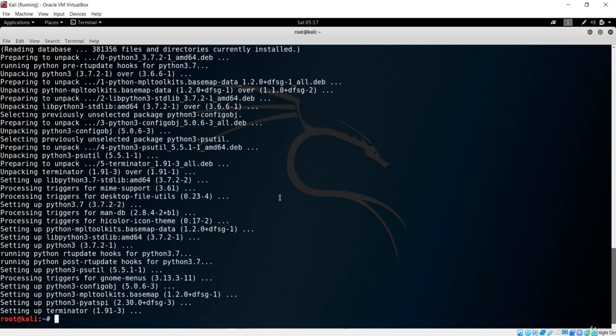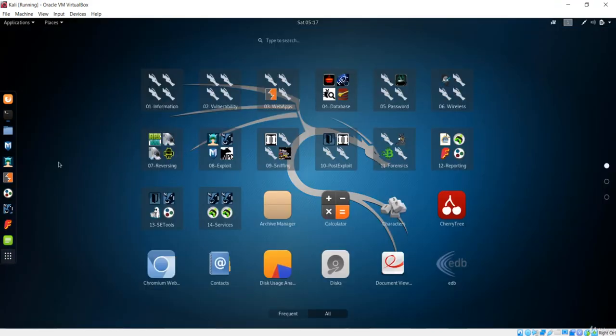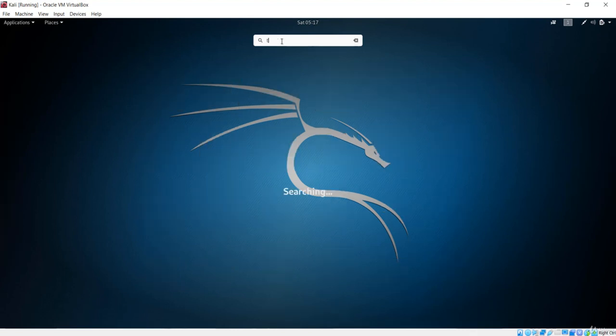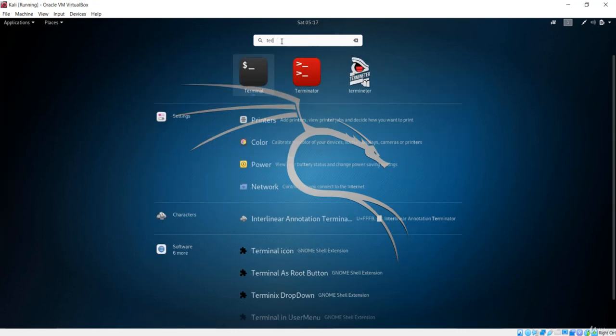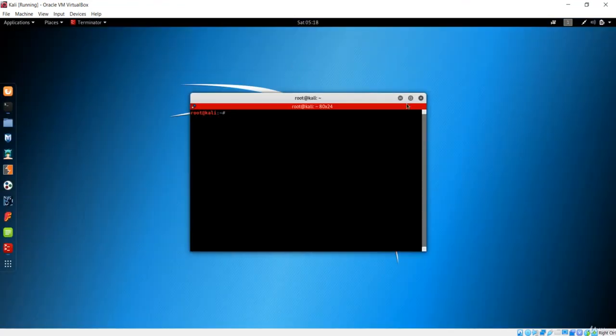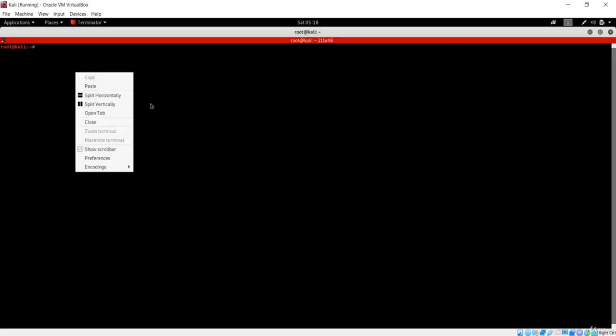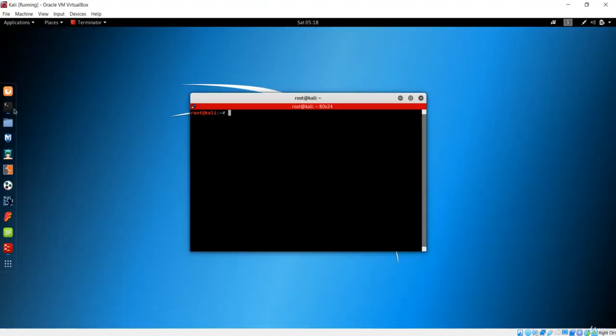So we have successfully downloaded the Terminator. Let's go back again here and search for the Terminator. There has been lag in the processor, so let me search for Terminator, and it is right here. When I press the Terminator, it is going to give us the same screen, the same as the terminal, but it has more functionality than the